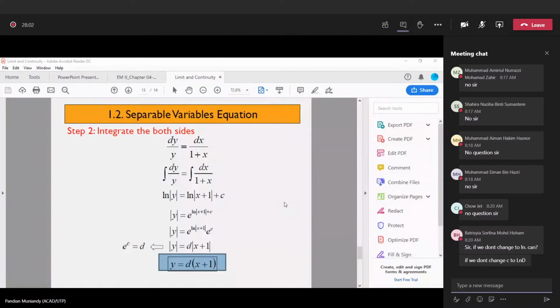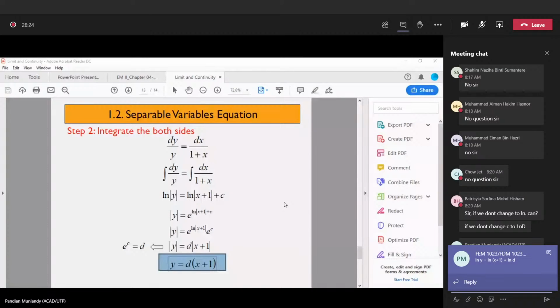Ln y equals to, this is simplicity, ln of x plus 1 plus ln d, like this. If I write like this, then it is easy for me to write y equals to